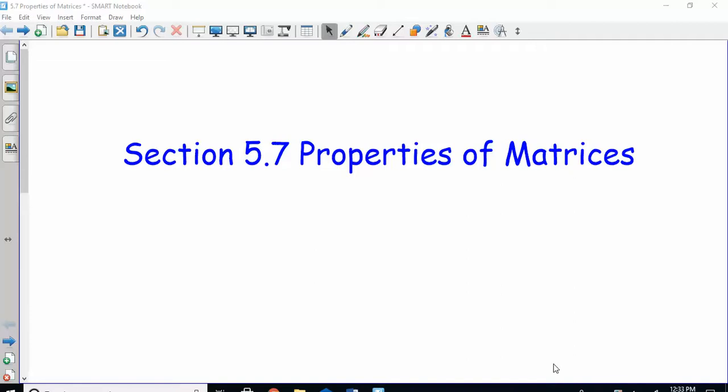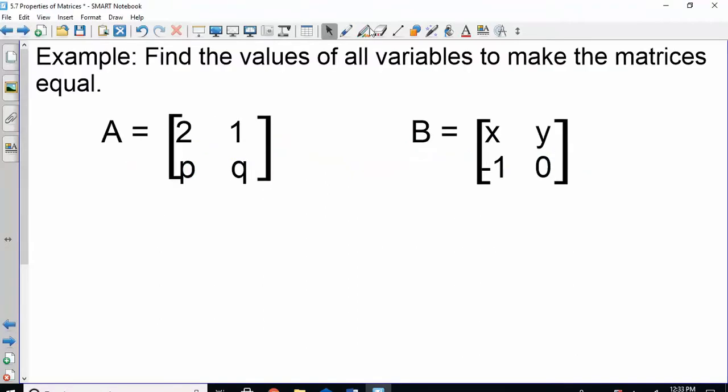A matrix is just an array of numbers. We use them to solve our systems of equations. We talked about the size of a matrix. When we do size, it's rows by columns. If I asked you to find the values of all variables to make these matrices equal,